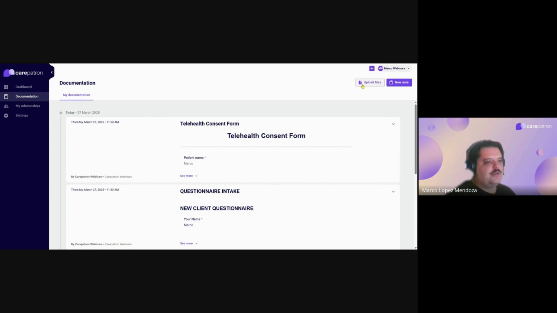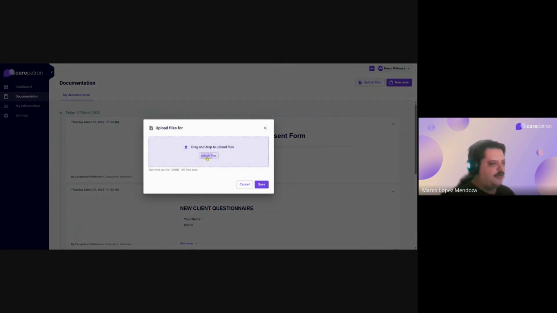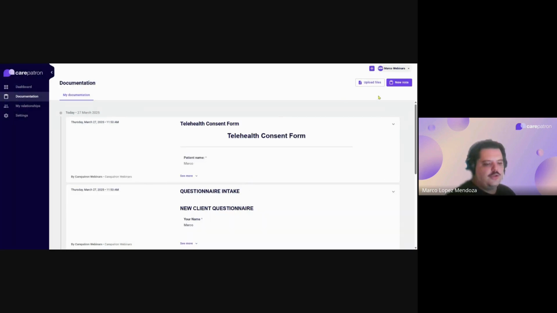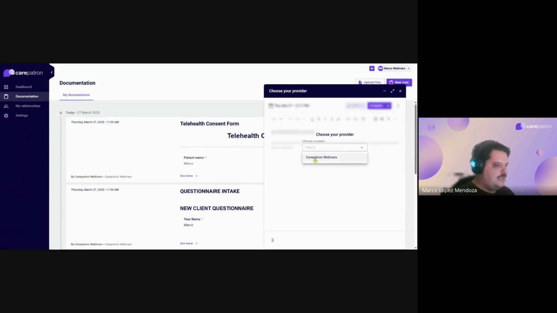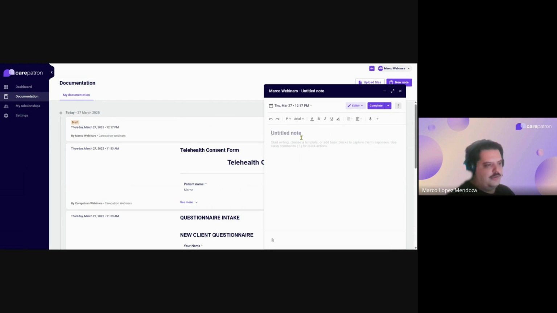Now, from here, they can also upload files, as I was mentioning, guys. They could just go directly into their files and upload whatever it is that they need. And also, they can create new notes directly from here. Now, they don't have access to your templates, guys. They can just create notes that I would call freehand, if they want to communicate something with you. What we've had while we create the new chat feature that's going to be coming up in a couple of weeks within the workspace,